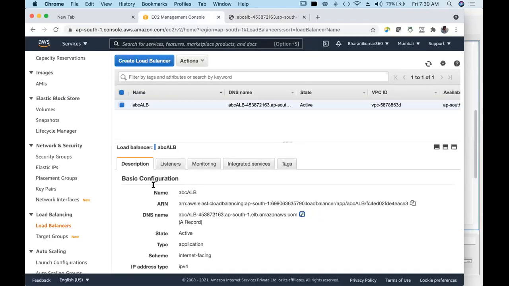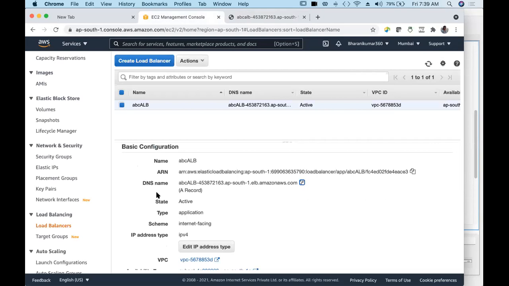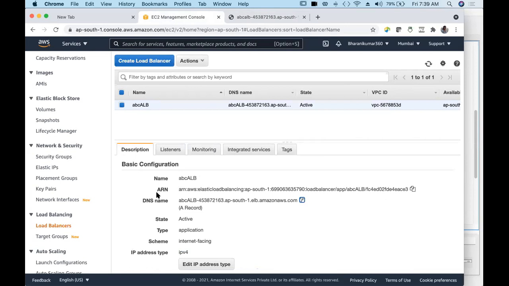And coming back to our application load balancer, there is additional feature as we discussed. This application load balancer can do path based routing based on paths. That means we have two target groups. Based on the path, your application load balancer has to route traffic to another target group also.